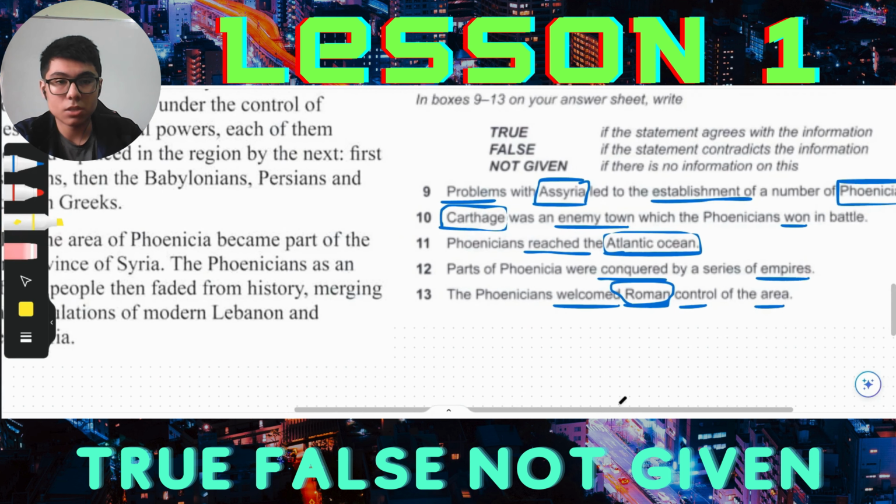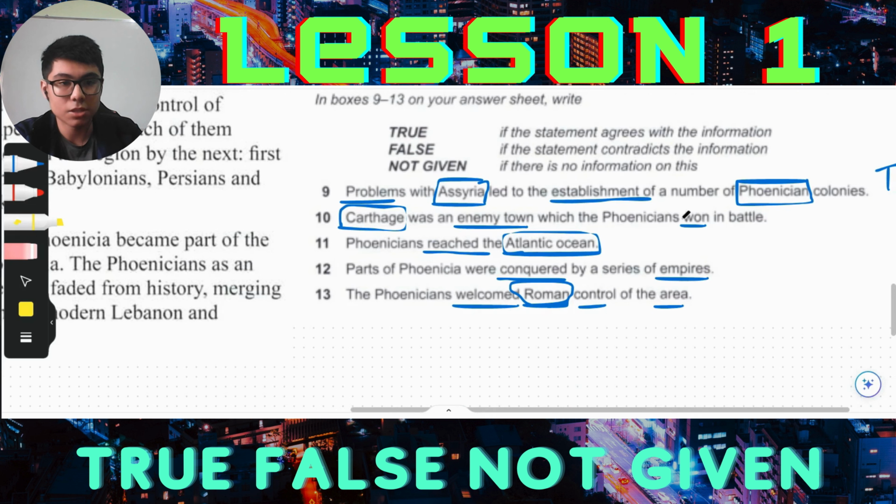Carthage was an enemy town which the Phoenicians won in battle. Was it an enemy town which they won in battle? No, right? They did not win in battle. It was actually founded by Phoenicians. So it's contradicting the information, right? So the answer is false. False. Okay,